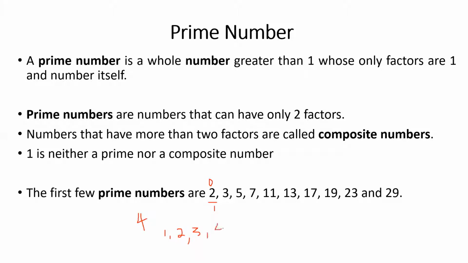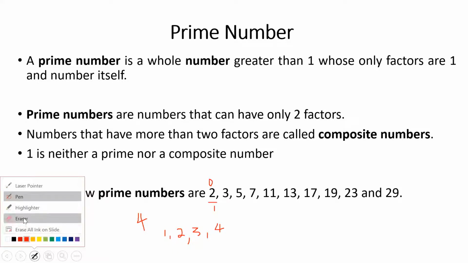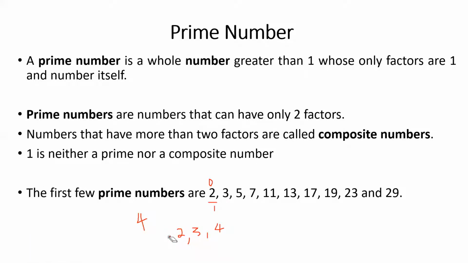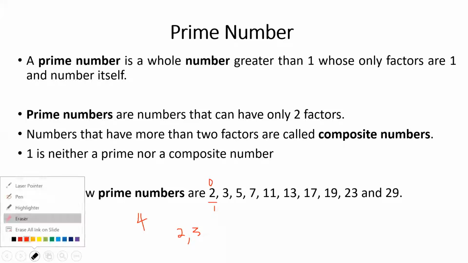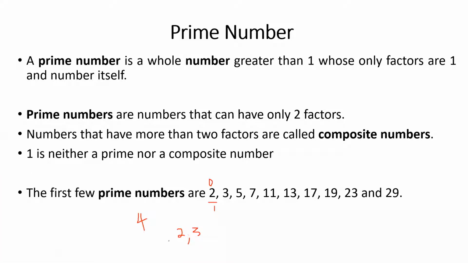So we know that anyway, 4 and all the numbers will be having 2 factors, and that is 1 and the same number. So I am avoiding division with those 2 numbers. That is, I'm not going to divide with the 1, and I'm not finding the mode with the 4 also. I'm using only 2 numbers, those 2 numbers are 2 and 3. If I'm finding the mode with the 2, if I'm getting a remainder as 0, that means what? I got a factor of 4 other than 1 and 4, right?